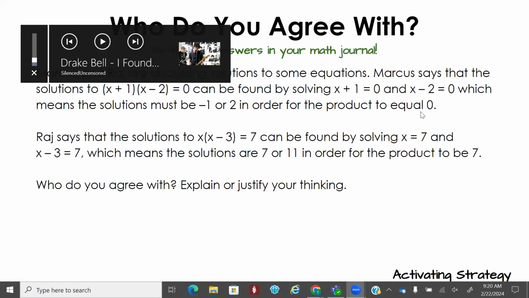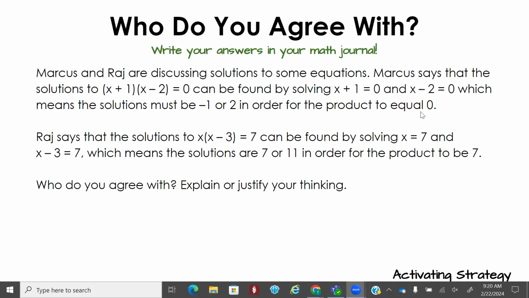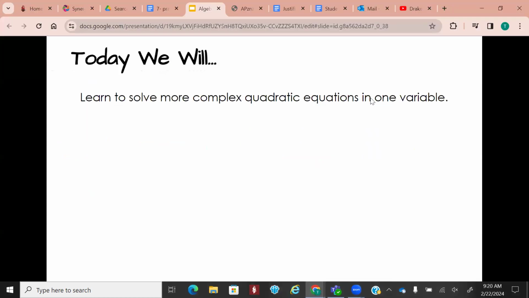All right. So between Marcus and Raj, I guess is his name, which one do you agree with? Because one of them is right. You got a 50-50 shot. If you can't come to a conclusion, I'm going to tell you right now in this unit, if you don't know, plug it into Desmos. Desmos shows you the answer. So for instance,